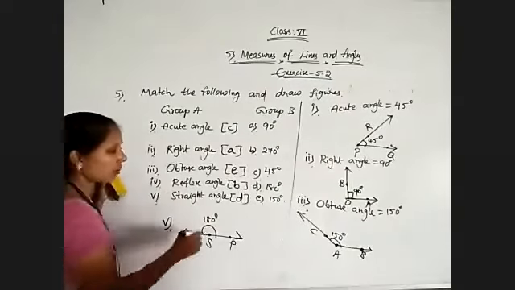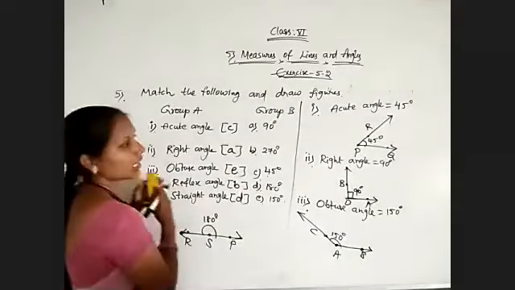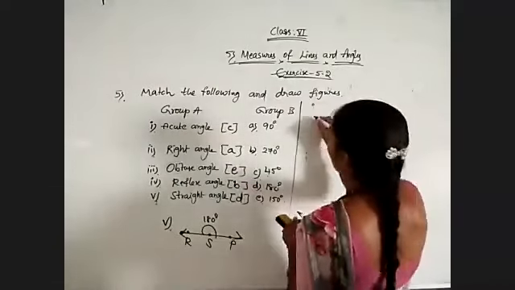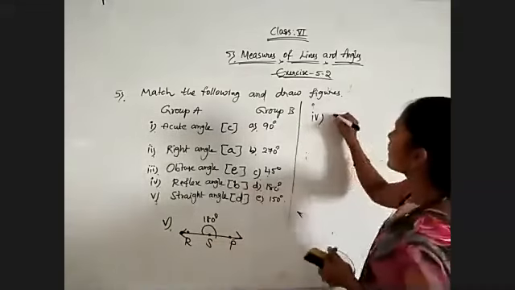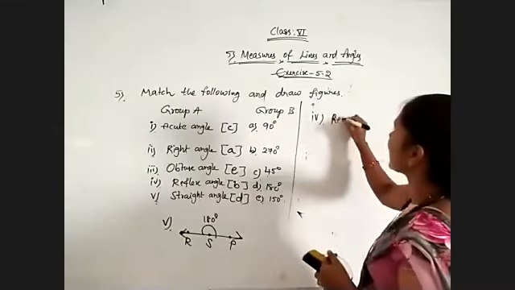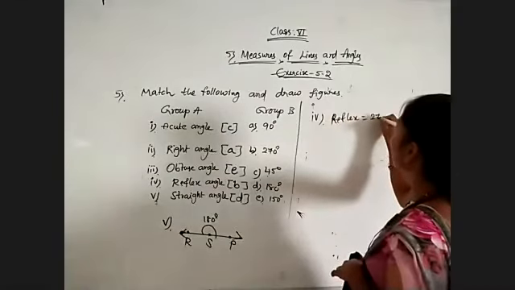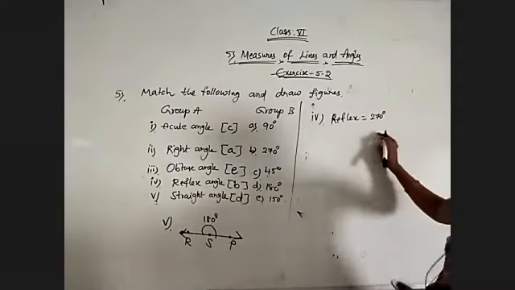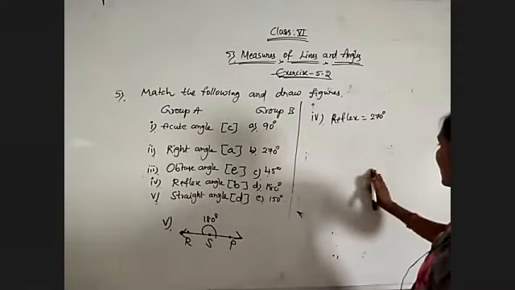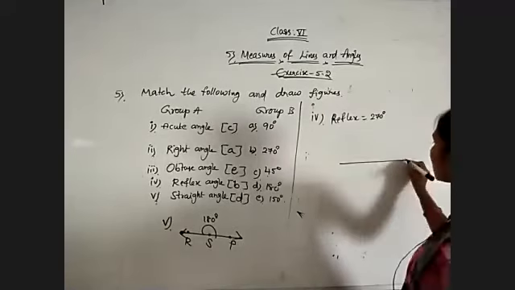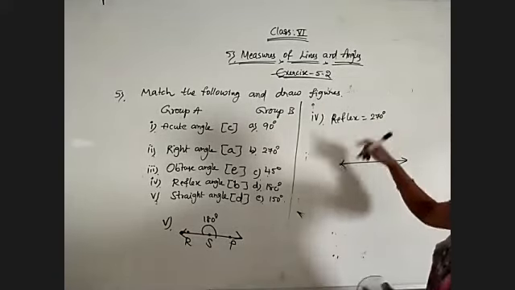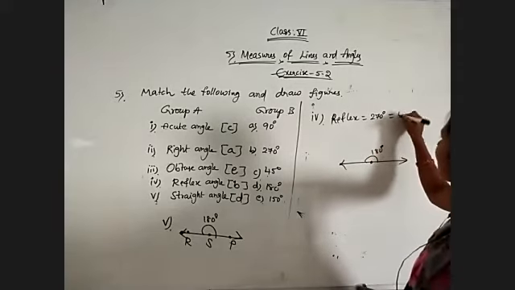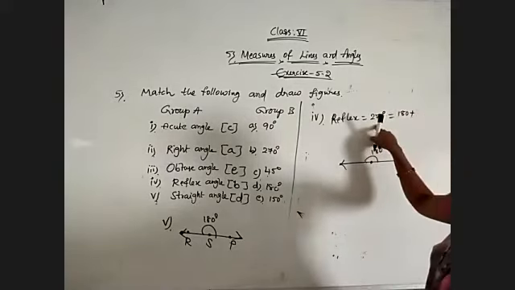Okay. Now coming to the fourth one. Here I am using 270 degrees. That is a reflex angle. Here they have shown 270 degrees. In this case, I want to construct 270 degrees, but I can't construct 270 degrees directly. So first of all, I am drawing a straight line. 270 is more than a straight line. So here they are forming 180. 180 plus how much will we get to 270?